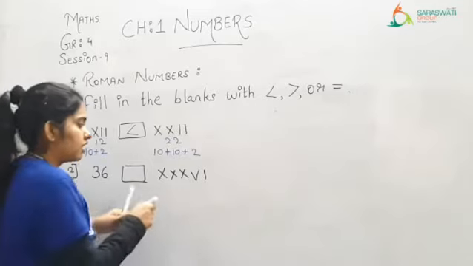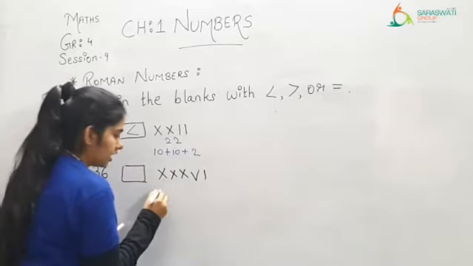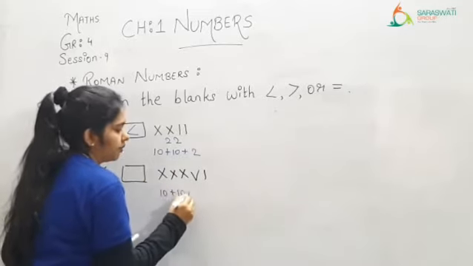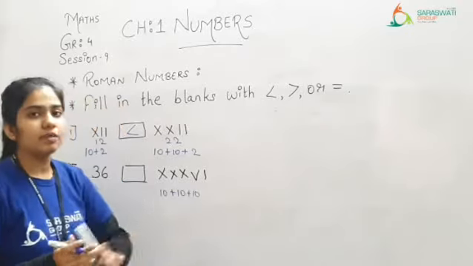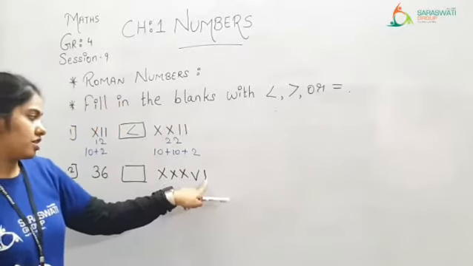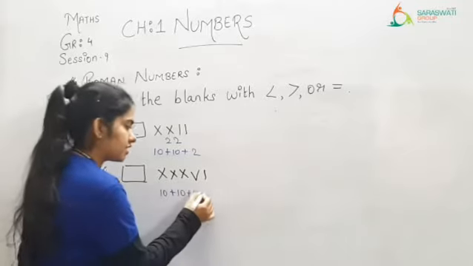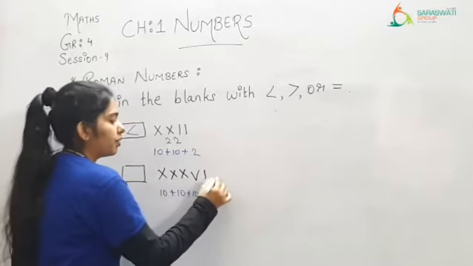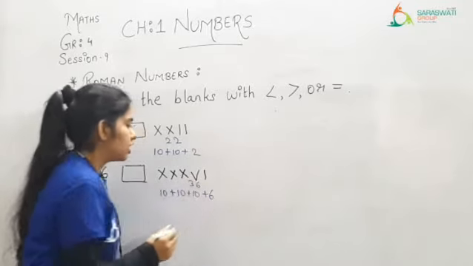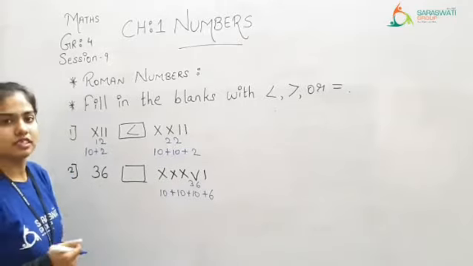So first 3 times X, so 10 plus 10 plus 10. Now VI means 5 plus 1, so that is 6. So 36 is equals to 36. So equals to,